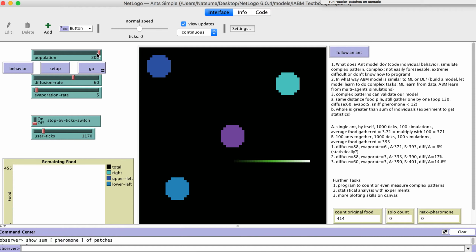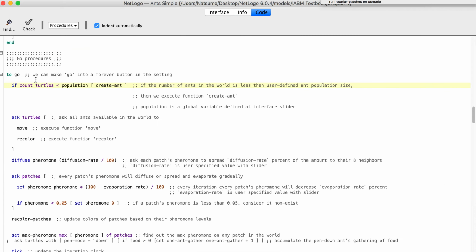We can define it by sliding the slider. So if the total number of turtles in the world is below the population, now we will execute